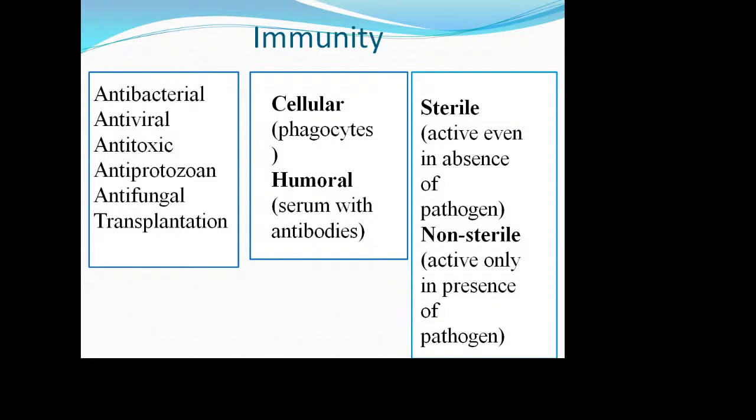Non-sterile immunity is another one. It's active only in the presence of the pathogen. While the pathogen is present in the human organism, antibodies are present and the immune system of the human organism is protected. When the pathogen is eradicated from the human organism, antibodies disappear and a human can have the same infection once more and once more. There are a lot of infections like this, caused by staphylococcus, and gonorrhea, for example.